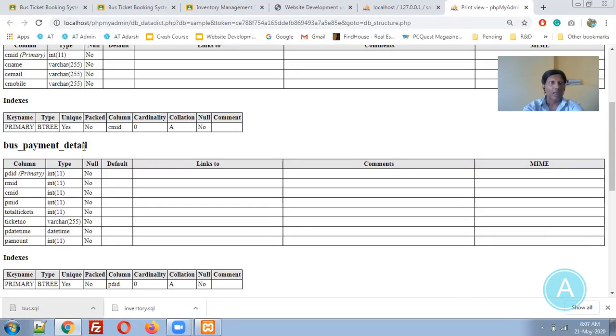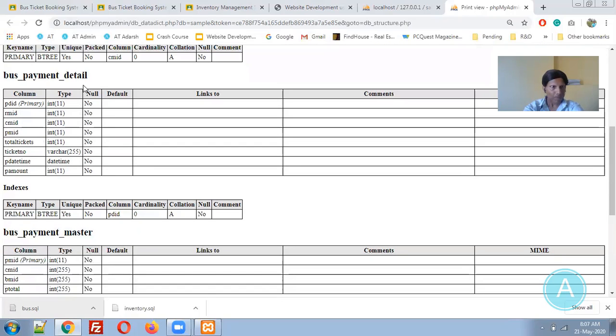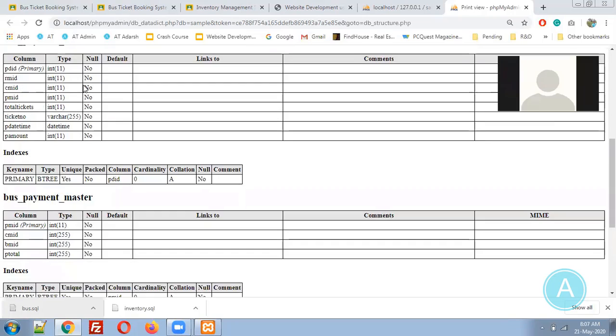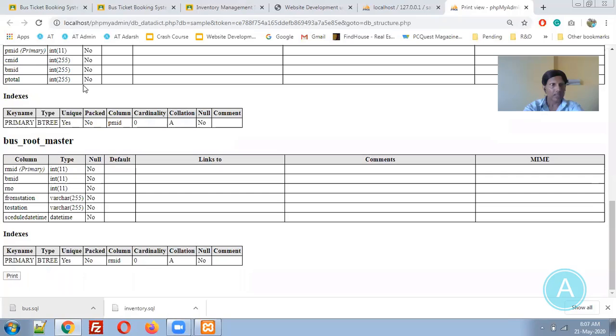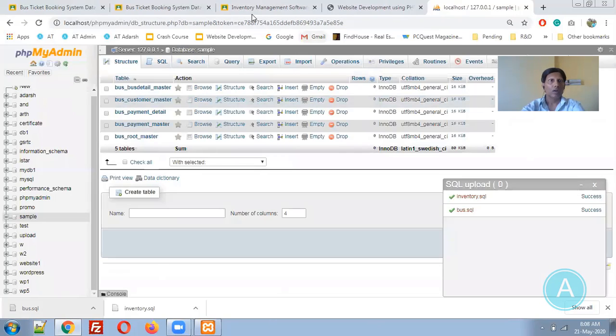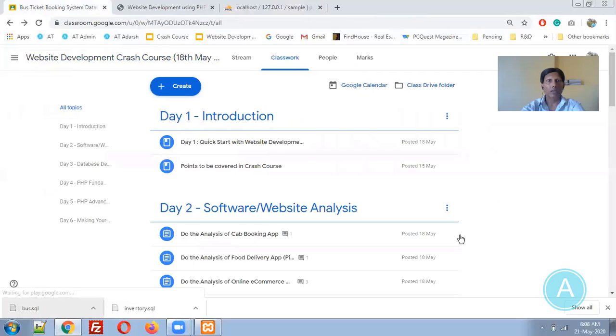In mobile number, generally we are giving a 10-digit mobile number, so you can give maximum 11, 12 or 15, something like that, not more than that. Route master is there. From station, to station, schedule date time. Okay, this is fine. Both are perfect. Let me go to the next.